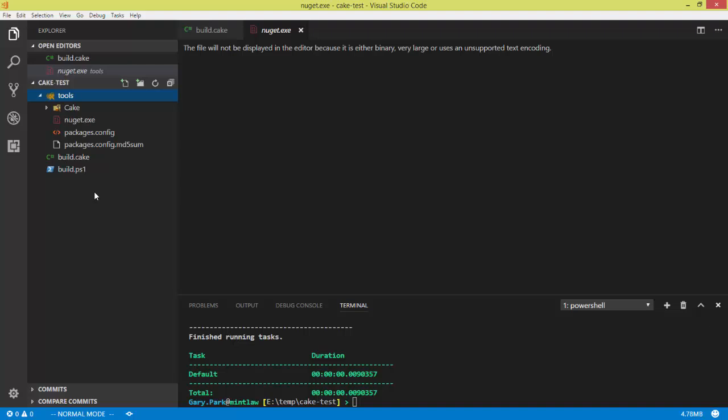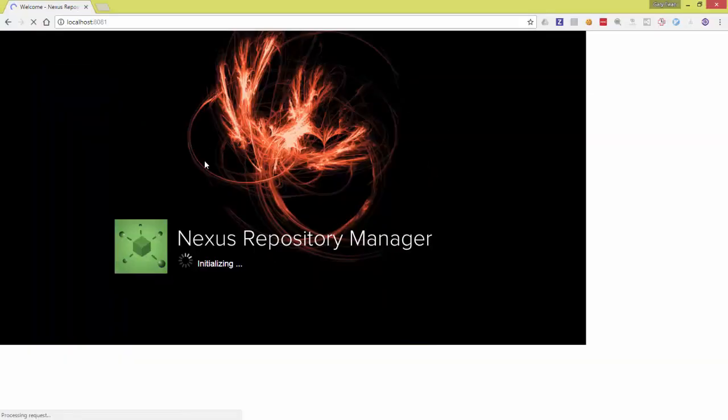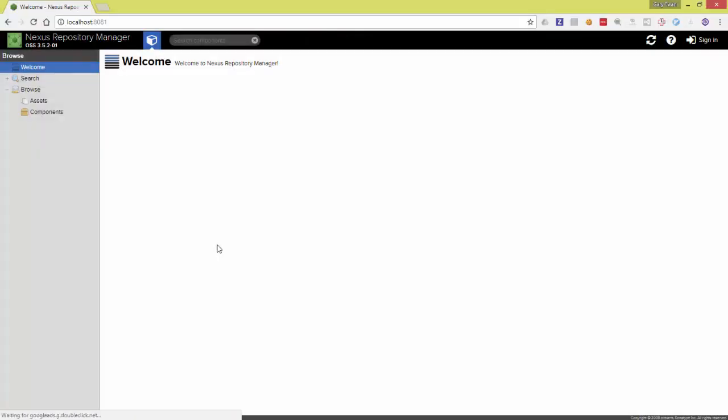So what I'm going to do is go ahead and rename this file here, and we'll call this original. What I want to do is use another system to house some of those artifacts for us. So what I've got over here, bring this over, is I'm using a system called Nexus. Nexus is an internally